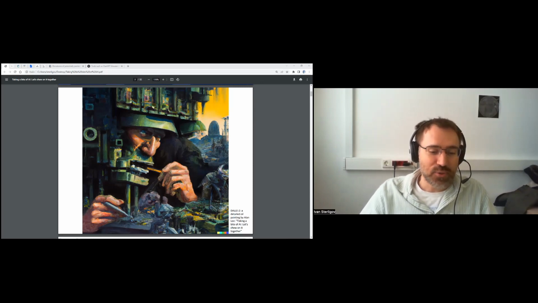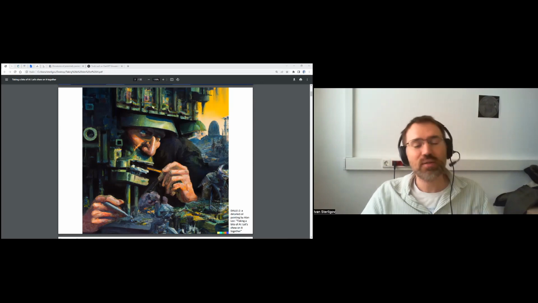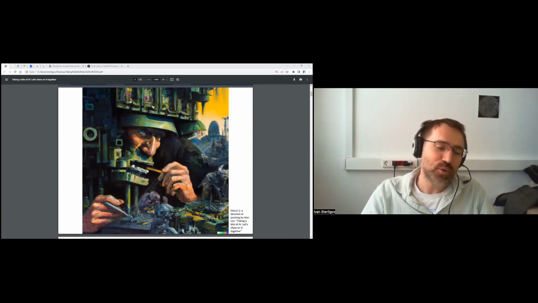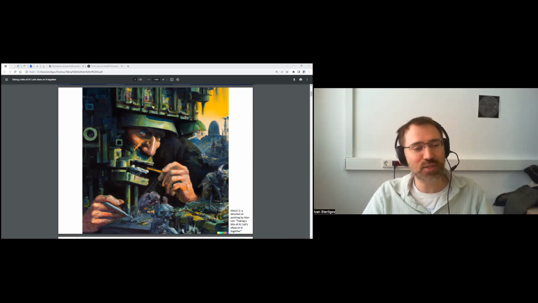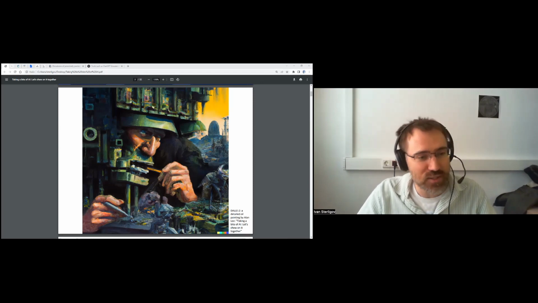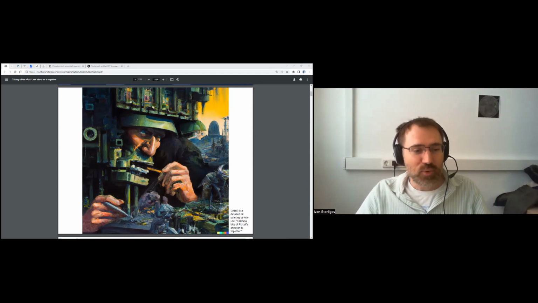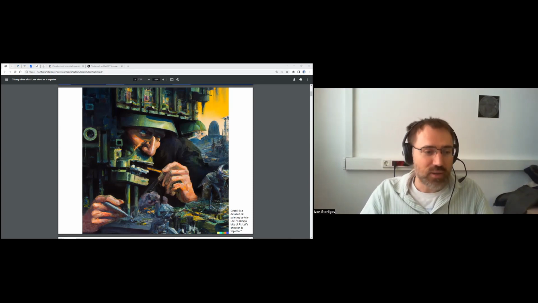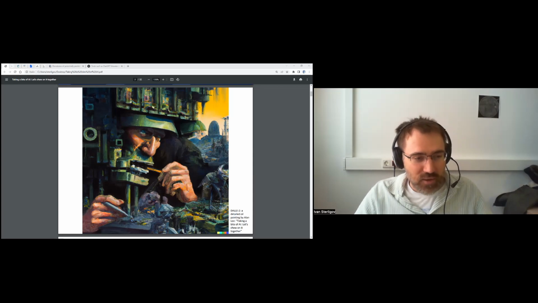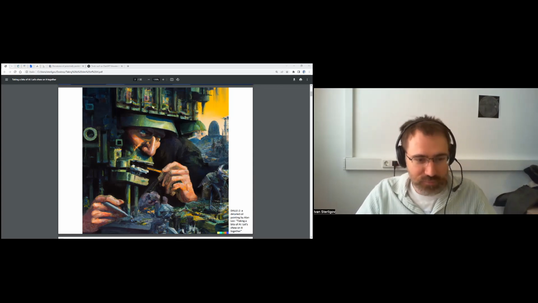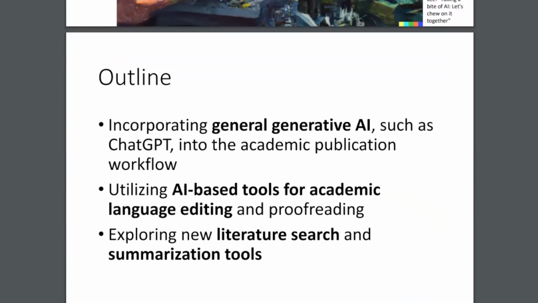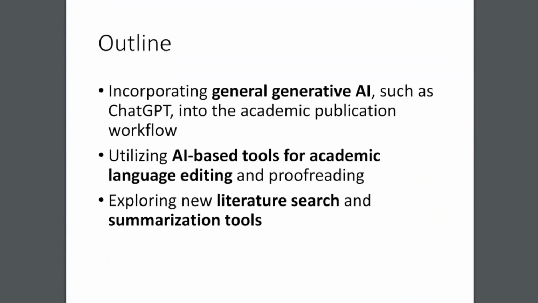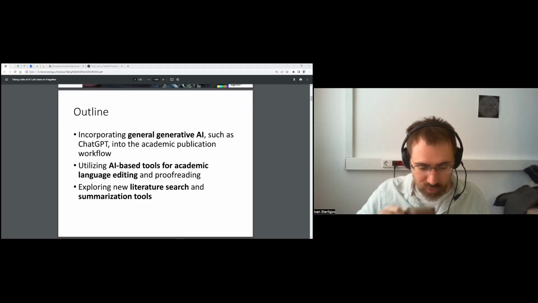Just have to mention that today we will not talk about funny pictures, Midjourney, Stable Diffusion, and so on. We'll talk about text generation and working with academic publications. But still, as an example of the magnificent capabilities of artificial intelligence, a rather haunting picture of chewing together. What we will talk about instead of funny pictures is